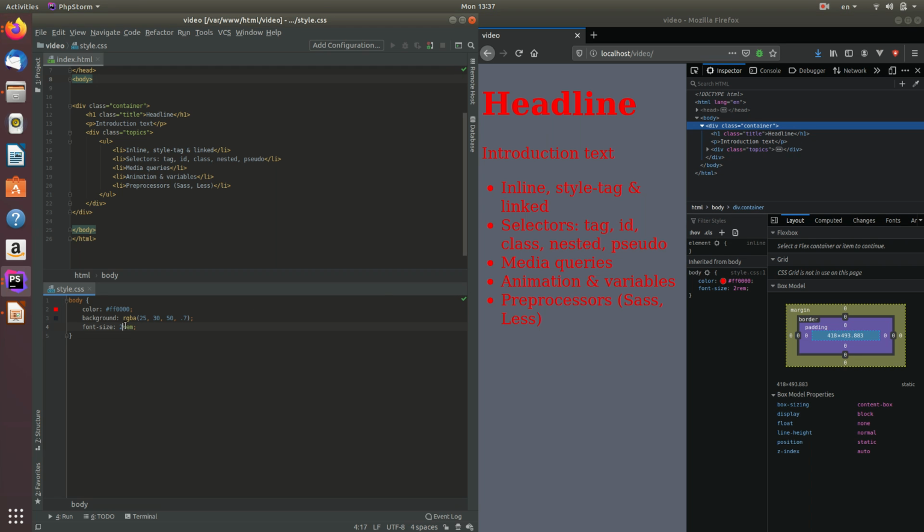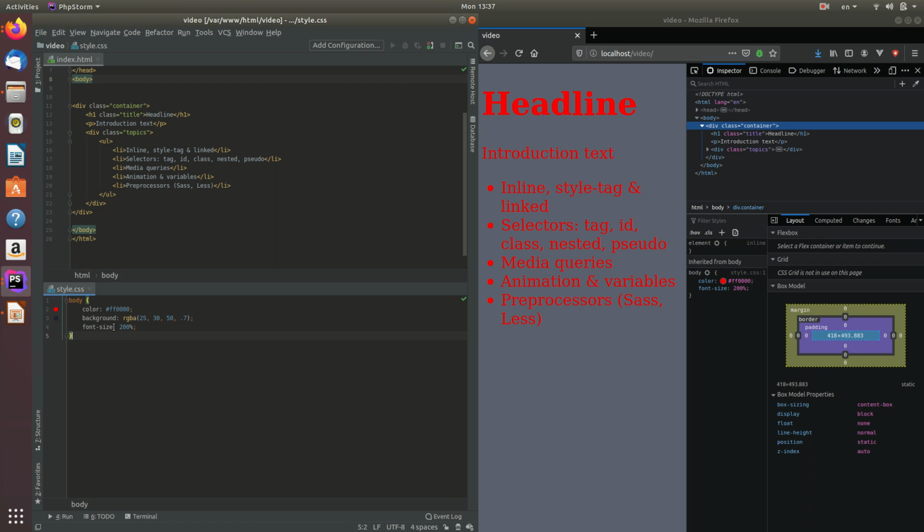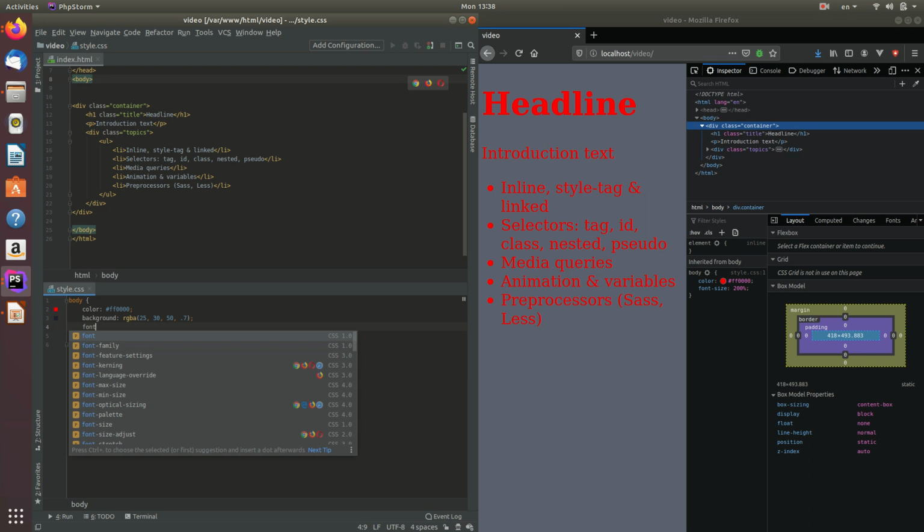So I can, of course, also say something like this, right? And then it just gets tricky because you have to consider in what relation that will happen. But that's unfortunately something that we can't get into. So that is basically how things work, a little bit of how those things are comprised. So here you can see there is font. If I start typing font, you will see that there is always a general notation, so that would be font, and then a more precise